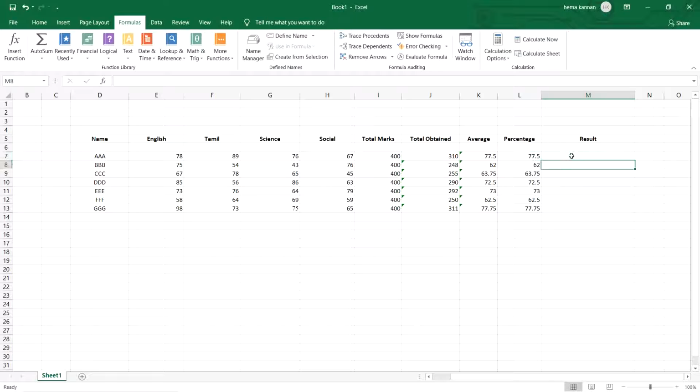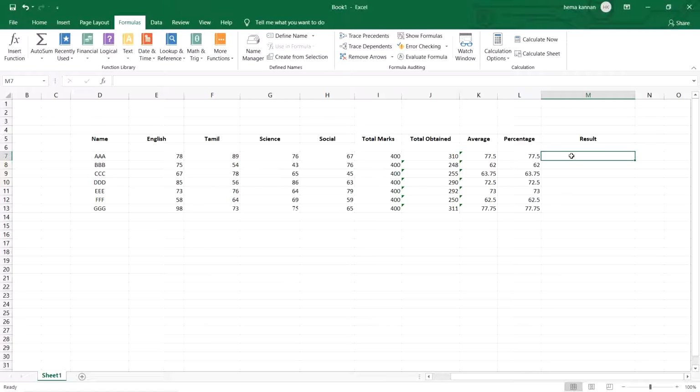That's it. So for arriving at the result, whether the student is pass or fail, we will be calculating with some percentage, right? So now I am giving: if the percentage is greater than or equal to 65, the student is considered to be pass.